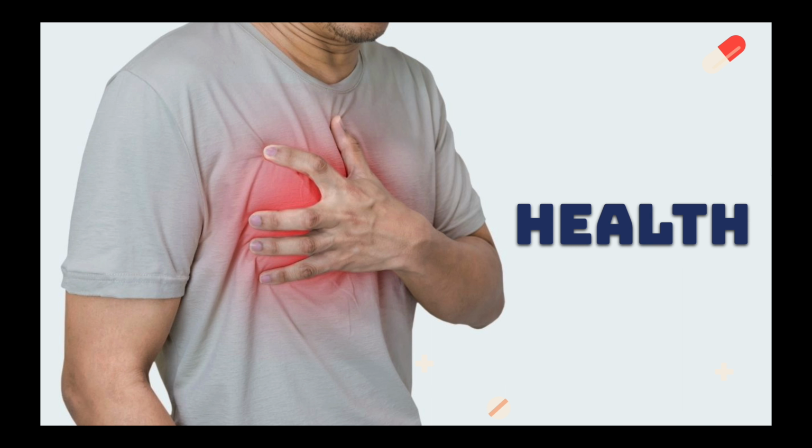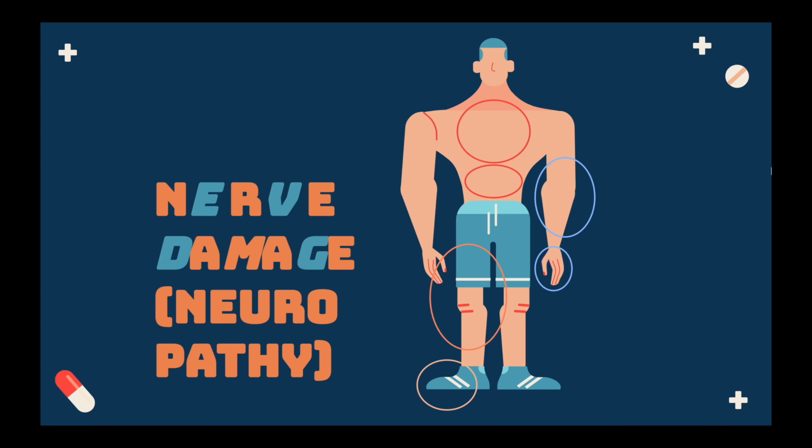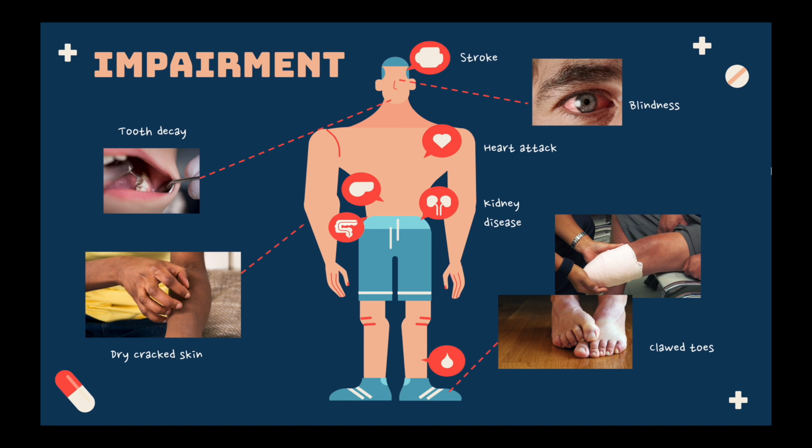Now, how does diabetes actually affect our body? Diabetes can cause nerve damage. You might lose your sense of touch or even movement in the legs, feet, arms, hands, chest, and stomach, as well as any nerves connected to the body organs. If diabetes is managed poorly, it might even result in severe impairment.